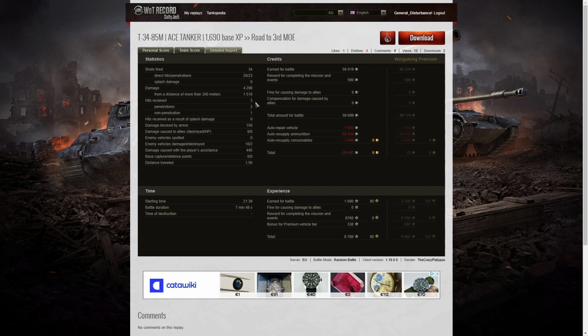He received 3 hits, 2 were penetrations, 1 non-penetration, and 150 hit points of damage was blocked by the armor. 10 enemy vehicles were damaged, 2 were killed, so there's your Confederate, and 445 hit points of damage assistance. On a free-to-play account, he earned 59,019 credits from the game, 590 for completing a mission, 59,609 credits altogether, but he did use an awful lot of premium ammo, and it shows here because his ammo costs were massive,